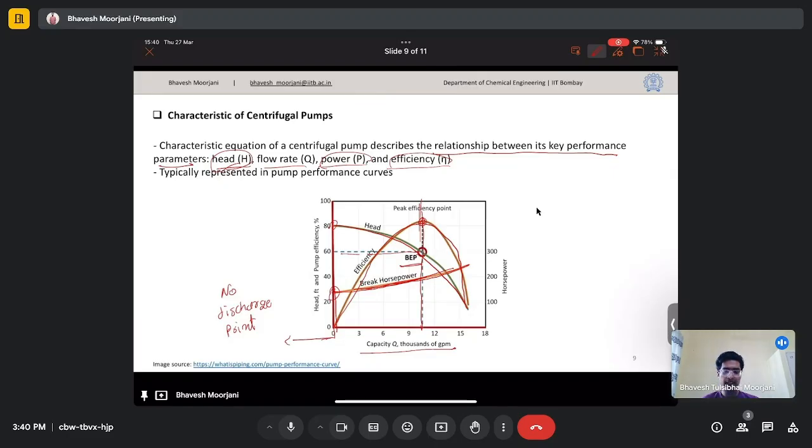So the power requirement can be computed from finding the input power of the motor that we are using. So what is the power given to run the pump? Okay, so that will give us the input power. From that we can correlate it to the brake horsepower. Then for the efficiency we will require the actual power or the hydraulic power. So efficiency will be given as